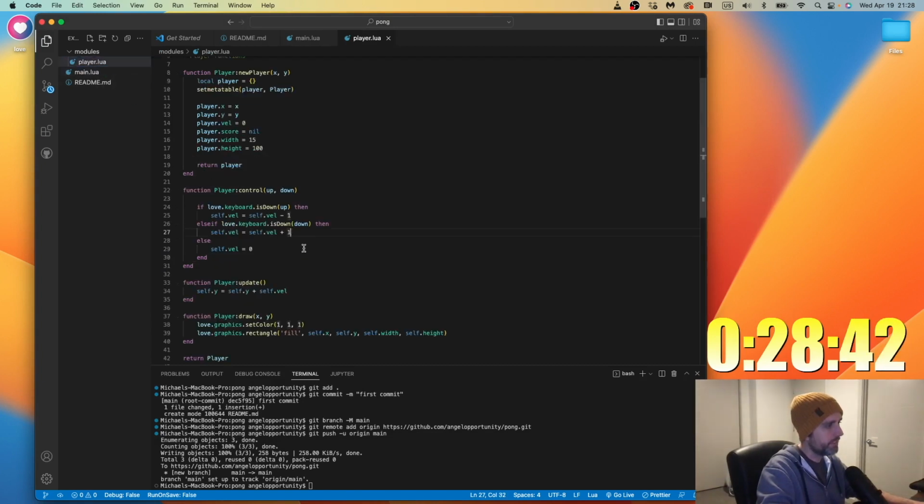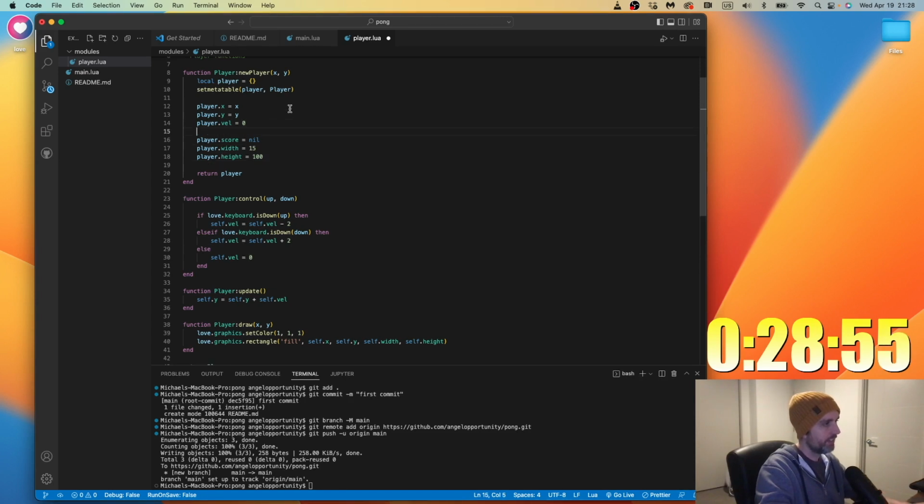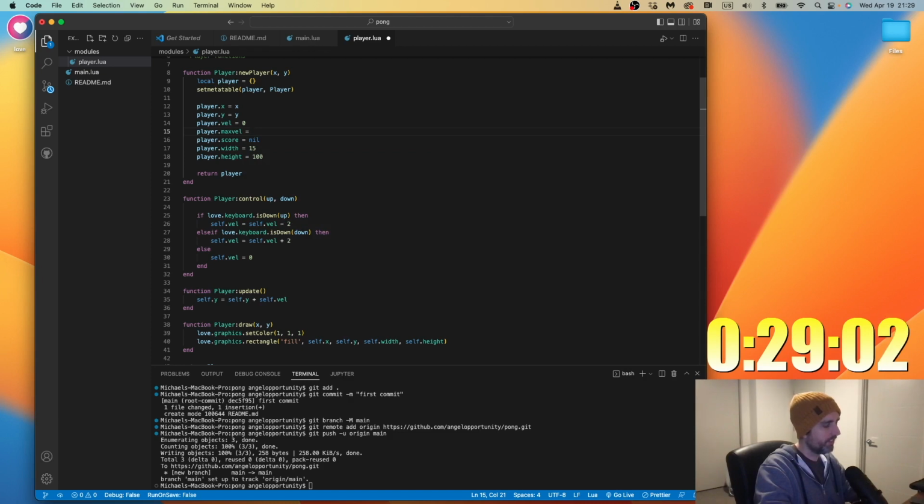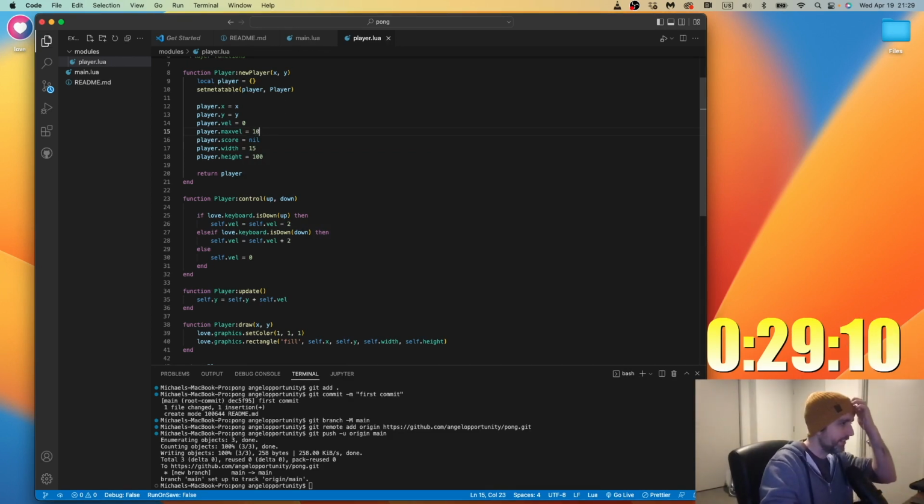What I'm thinking is I want the acceleration to be even a little bit faster, but also there needs to be a max velocity equals, I don't really know, honestly. Let's try 50. 50 is probably too high. Yeah, let's try 10 and see how it feels, and then we can mess around with it.